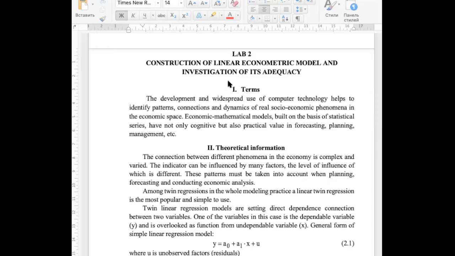Hello to everyone. Today we are going to talk about simple linear regression. And you know that regression is the central term in econometrics, and that's why today in laboratory work number